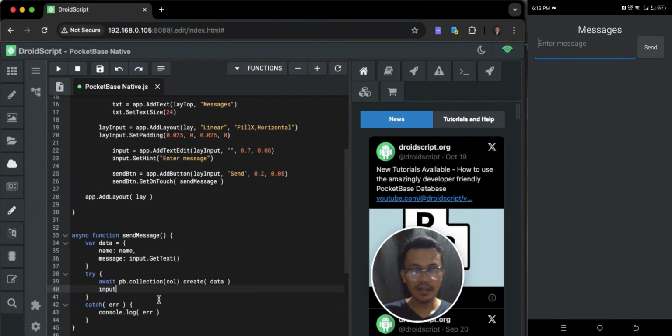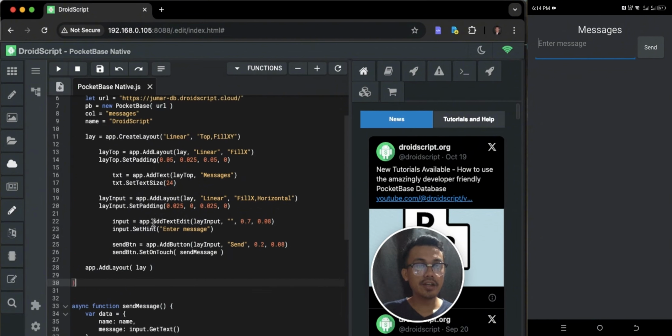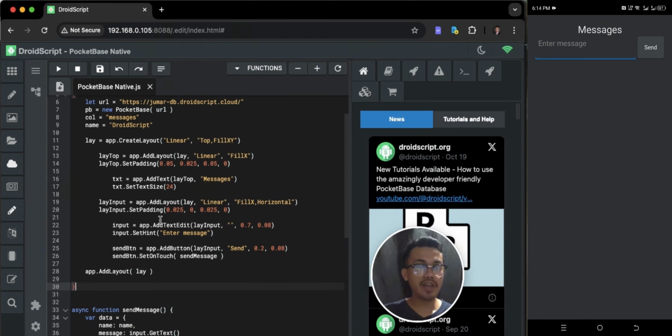So input.setText empty string. Okay, we cleared the value of our input field. To implement the subscription to real-time events, here below this app.addLayout, we will subscribe to real-time events in our